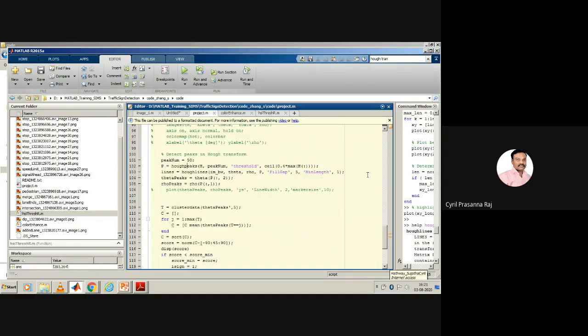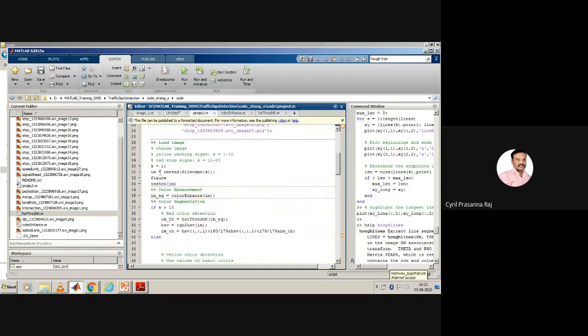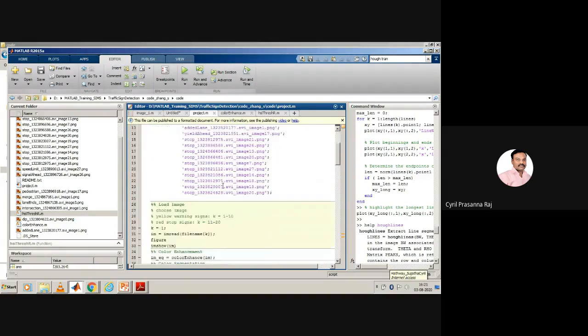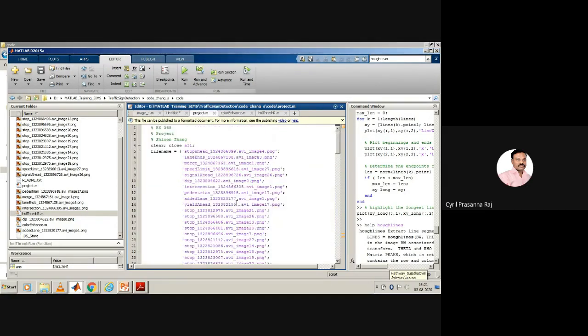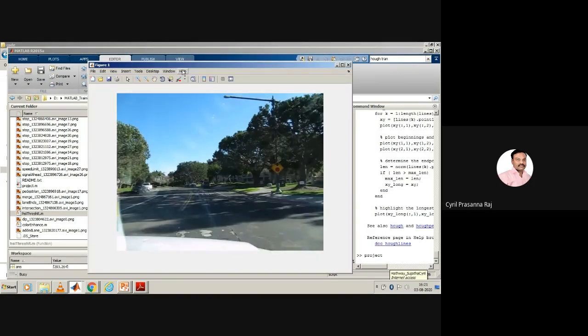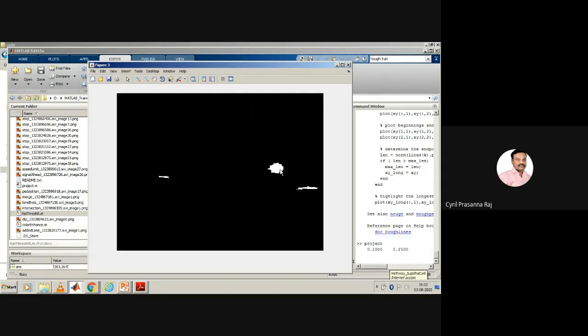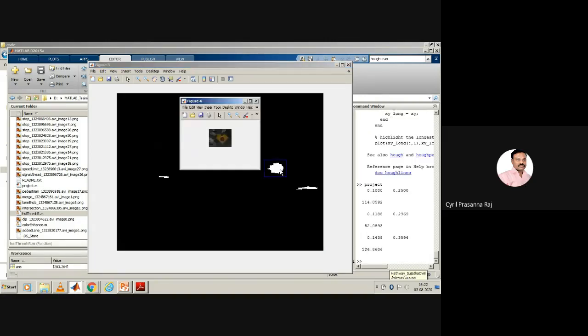So let me run this code and see what this is going to give. I'm defining k equal to 1. Since k is equal to 1, it is going to only process the yellow warning signs. So this is the first image that has been read, and we know that there is a yellow sign here. This MATLAB code should be able to perform the contrast adjustment, histogram equalization, identify the object only with regard to yellow color, and extract that color image. So only that yellow region, the signboard, has been extracted from the entire given image.